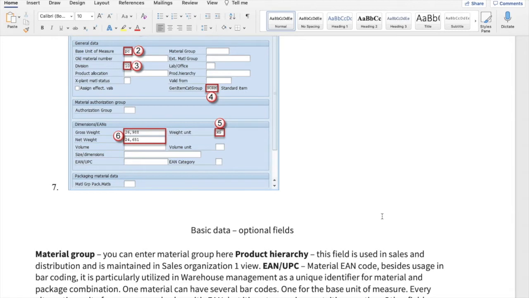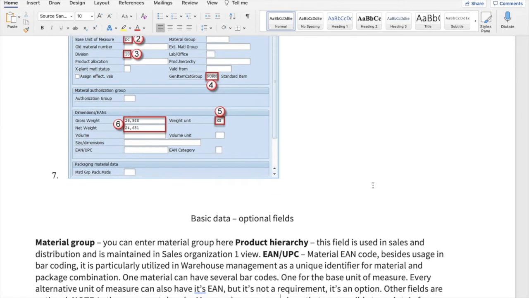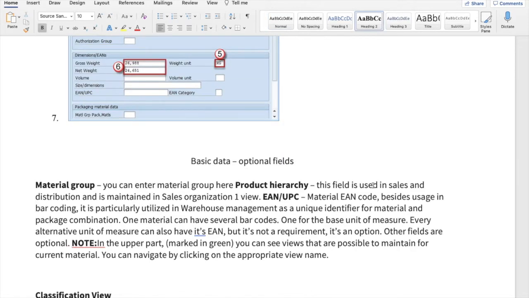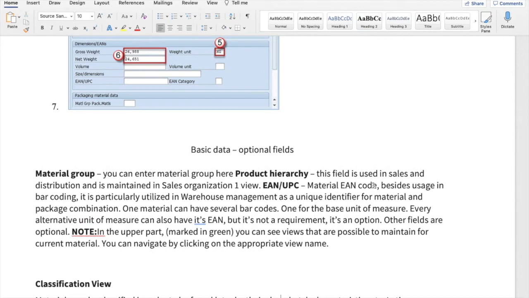Now whenever you are identifying the television, for instance, you want to be specific. When you are selling a TV and it reaches a particular place, you want to know which material it is. So probably you are going to assign some kind of barcode or QR code. Then you can link that data in SAP using the EAN and UPC field, and you can also maintain the EAN category, which will enable you to identify the material down to the last level when it is being dispatched. So this is the basic field we are covering.